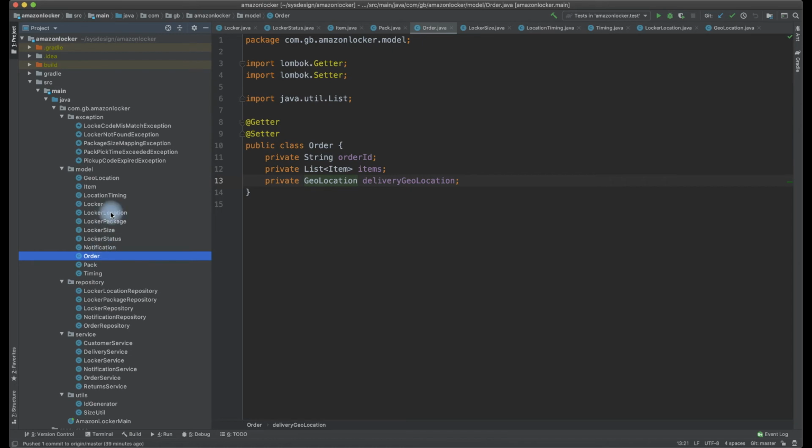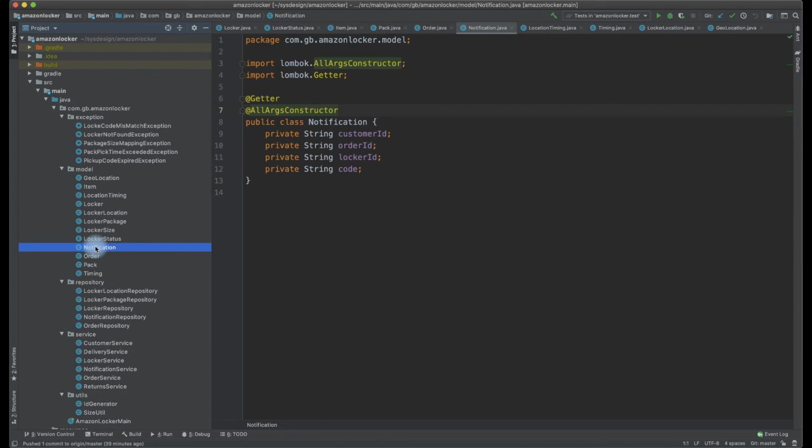The next thing that we need to look into is that it has been clearly told that we need to send a notification to the customer when the order is shipped. So we need something called a notification object, right? The notification should be sent with a 6 digit ID, which is used to open the locker.